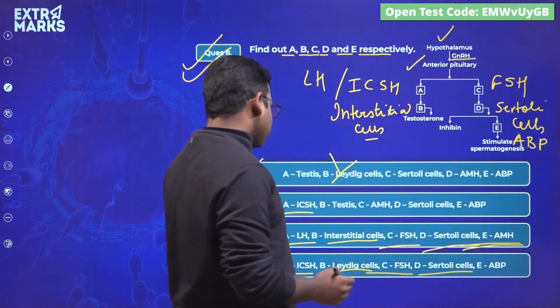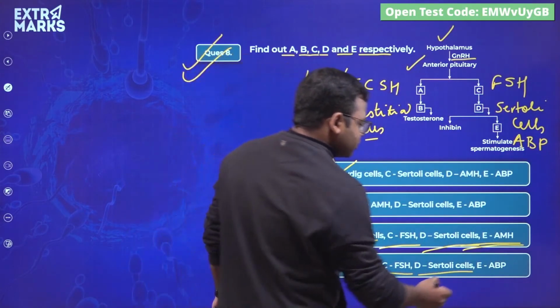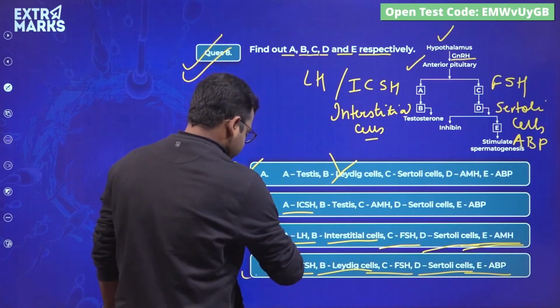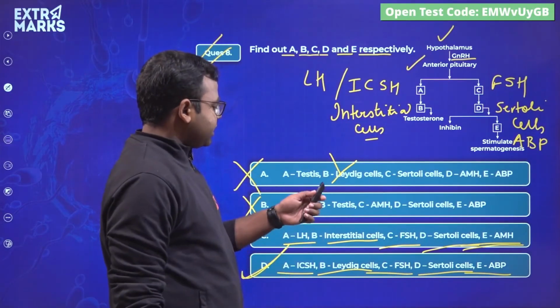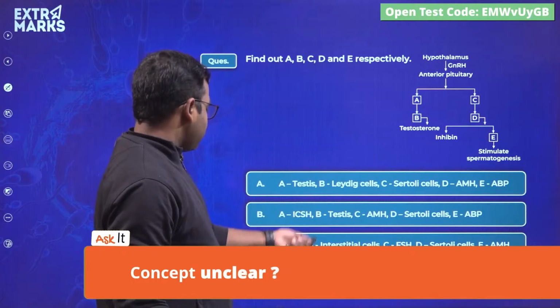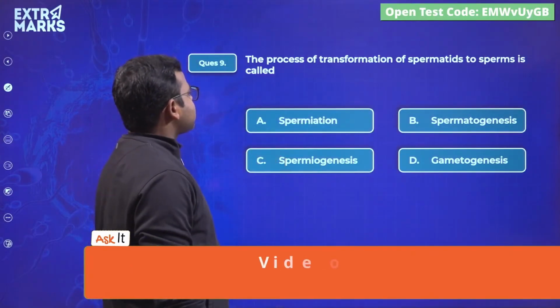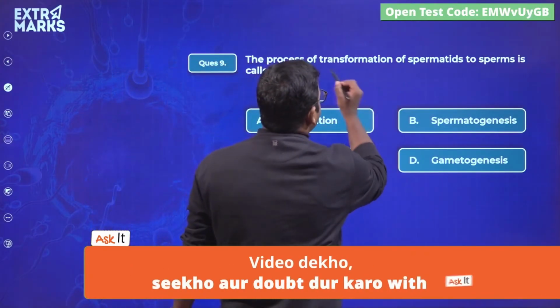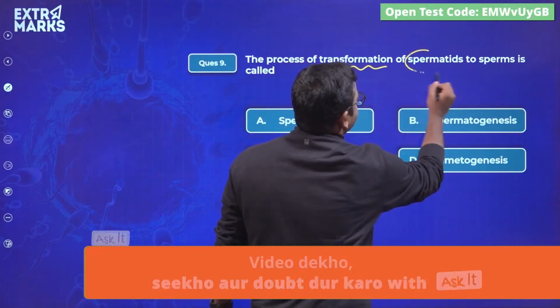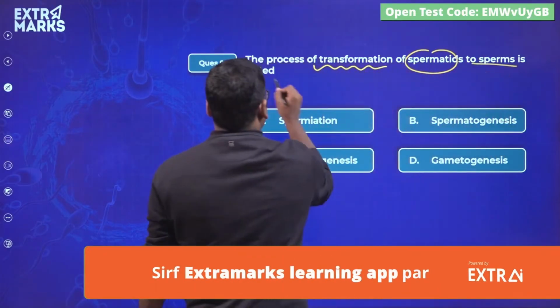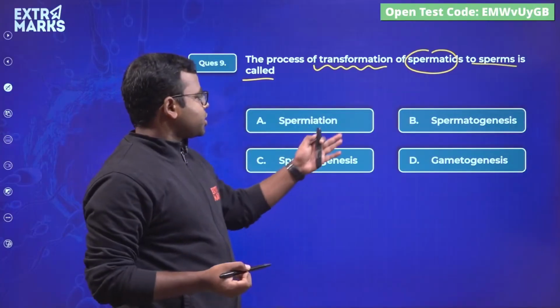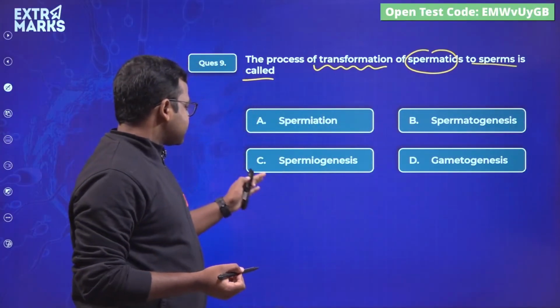Right? So accordingly, this is the correct option, option D, right? Moving ahead now, yes, option D is the correct one. This is the next question. The process of transformation of spermatids to sperms is called, options you can see, spermiation, spermatogenesis,